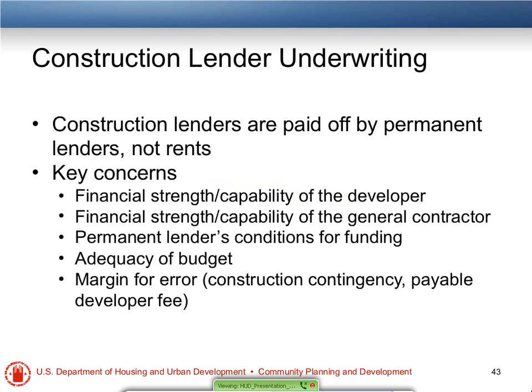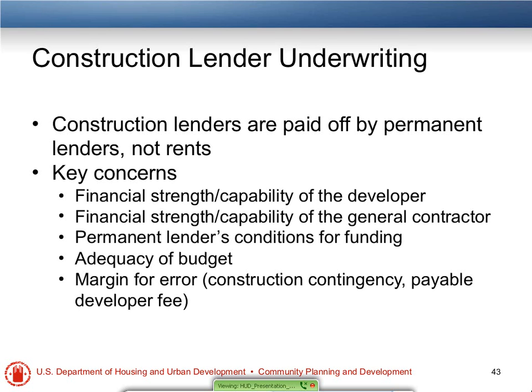The construction underwriter, when they're looking at a project, usually doesn't approve the construction loan until you have a permanent loan in place, because they want to know that the permanent loan is in place. In fact, when the permanent loan is issued, the construction loan is repaid. But during construction, they're also looking at some other issues, and some of their key concerns are